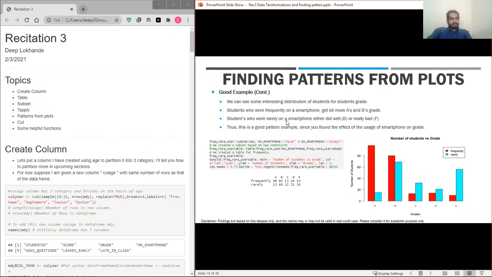Second, the students who are rarely on smartphone either did well, that is they got D, or they got F, which is bad. Thus, this is a good example of pattern finding from plots, where you can see that there is some relation between the use of smartphone and the grade that the student achieves.